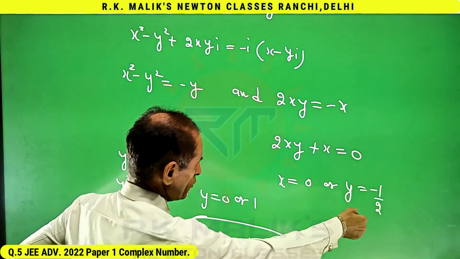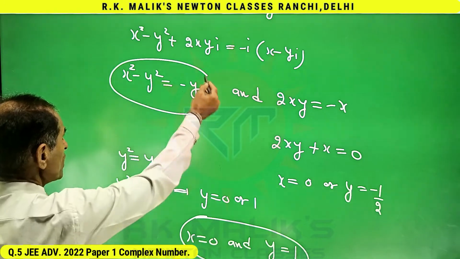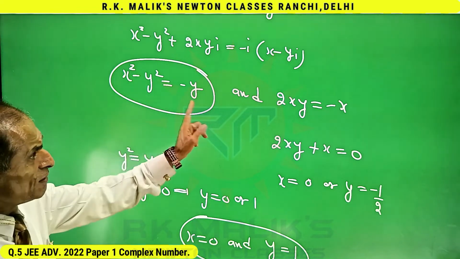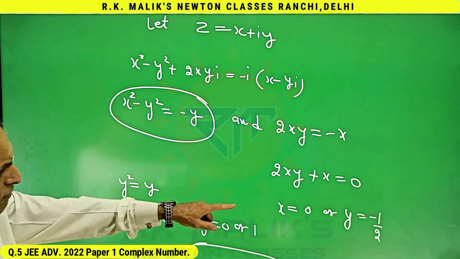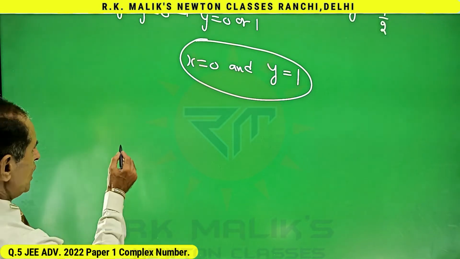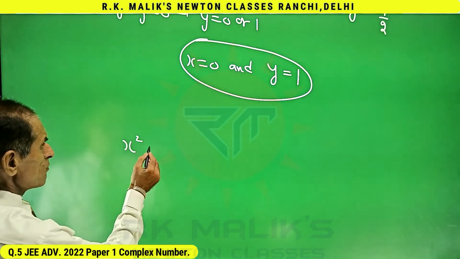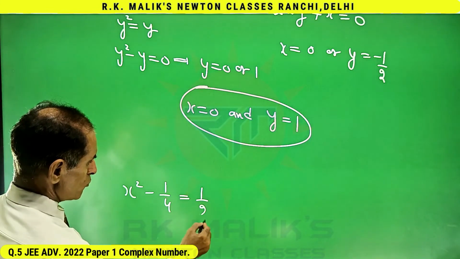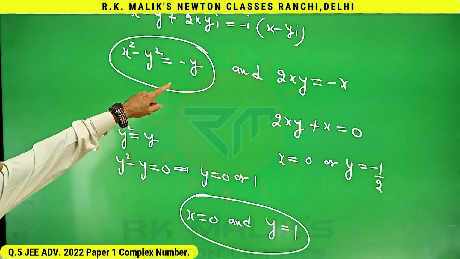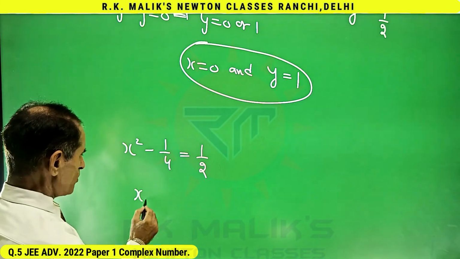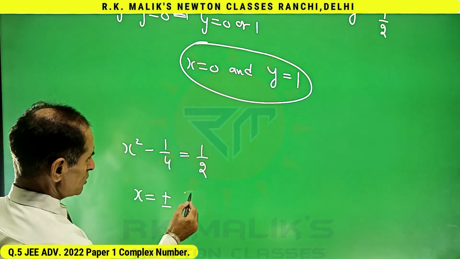And if y equal to minus 1 by 2, from here I can get the value of x. Note that there was AND between these two. And putting the value of y equal to minus 1 by 2 here, I will be getting x square minus 1 by 4 equal to 1 by 2, putting y equal to minus 1 by 2 here. That is, the value of x will be plus minus